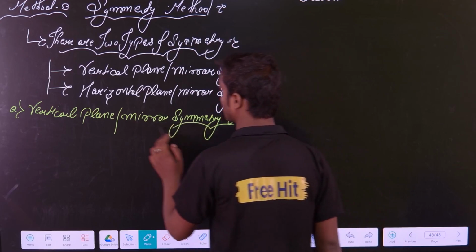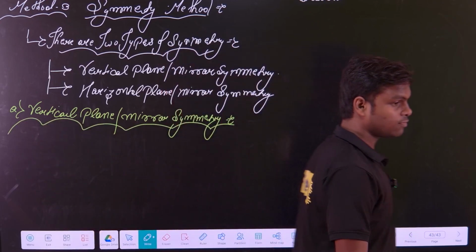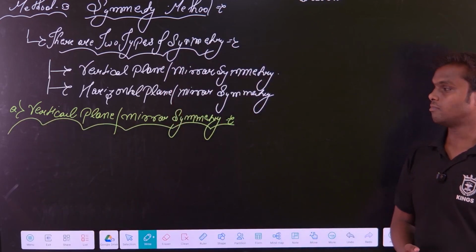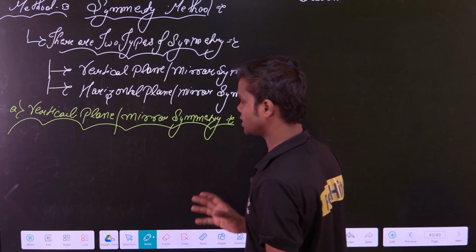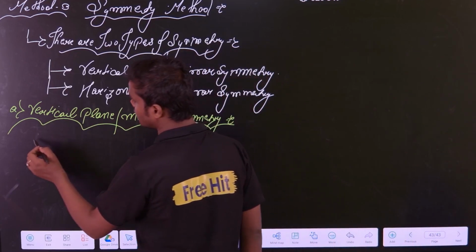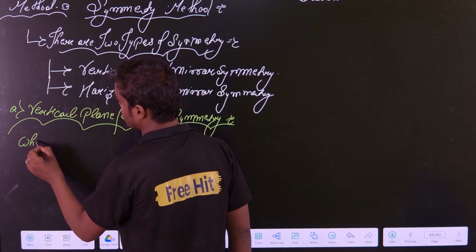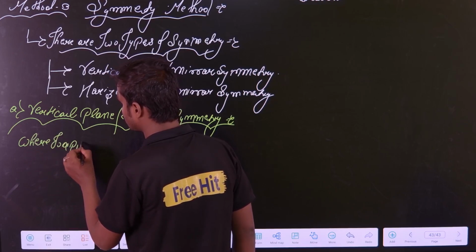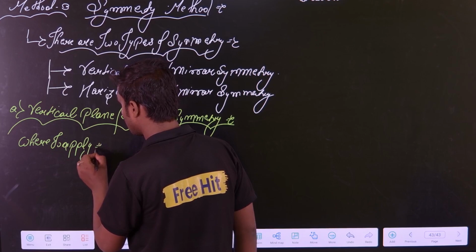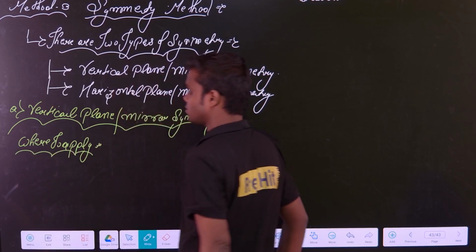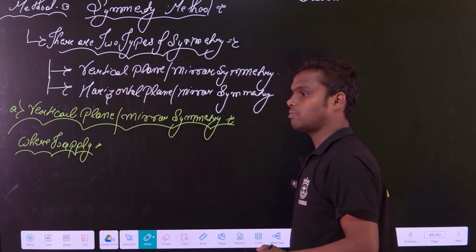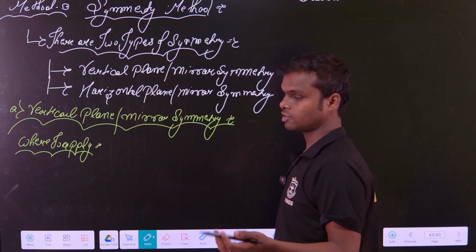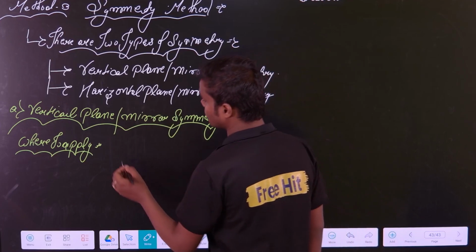What do you mean by vertical mirror symmetry or vertical plane symmetry? Basically, the first condition is where to apply. That is important. See, I am telling you the condition of where to apply, but you will learn better when you see the example. It is applicable